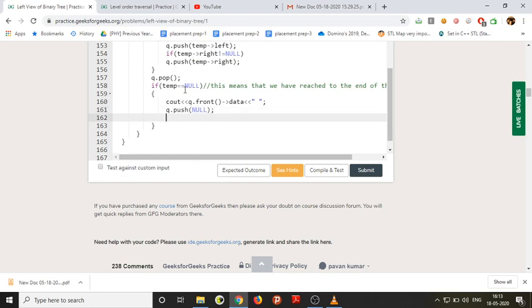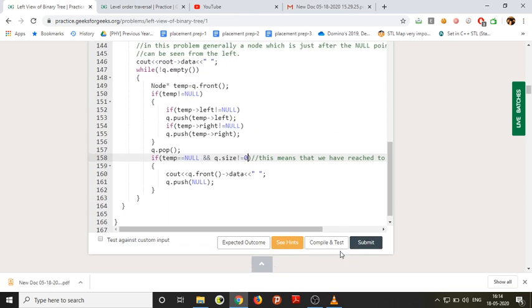And one more important thing: whenever we are popping the element, we need to also check if it is the last level. If it is the last level, then q will become empty. So we have to also check when q dot size is not equal to 0. We need to check both conditions, and I think this is it. There is no more modification needed.